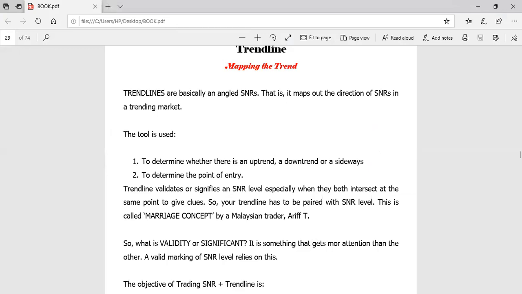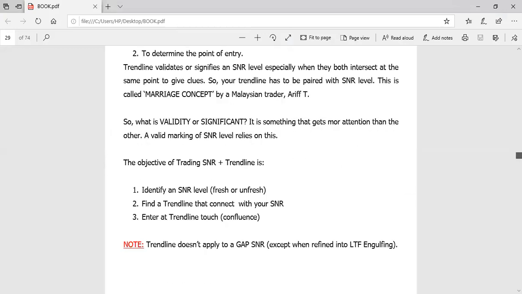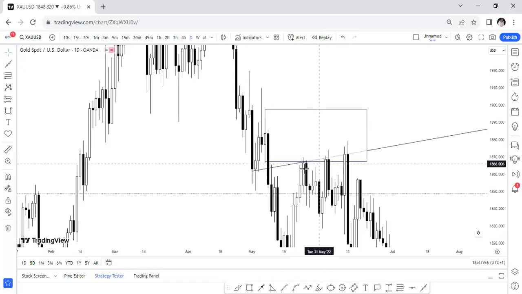So we said the objective of trend line is to do what? It is to identify an SNR level, fresh or not fresh, then find a trend line that connects with your SNR, and enter at the trend line touch. That's a confluence. When you identify an SNR level, find a trend line that connects with your SNR, then enter at the confluence. Like we have identified our SNR here, so we now find a trend line that connects